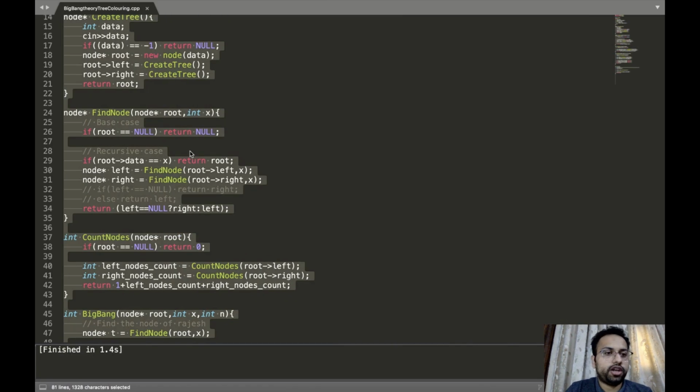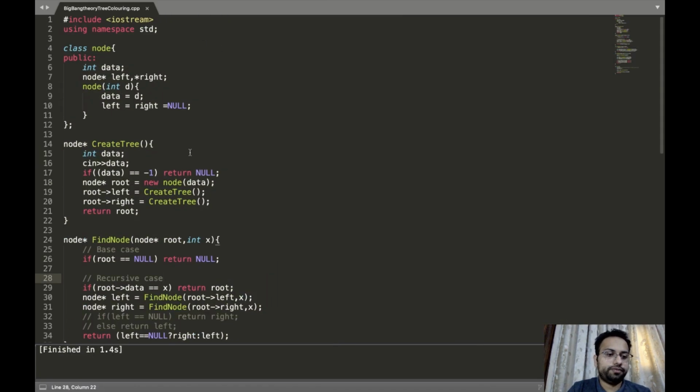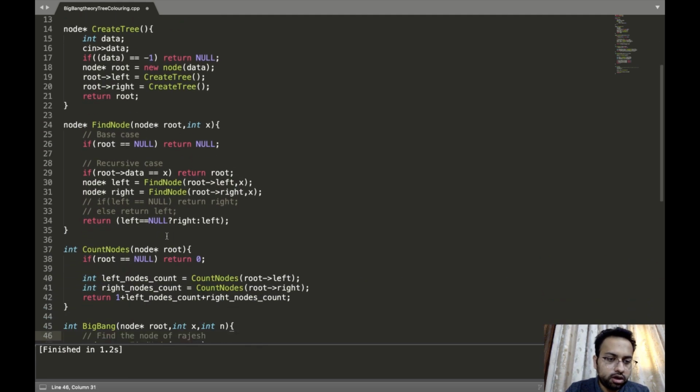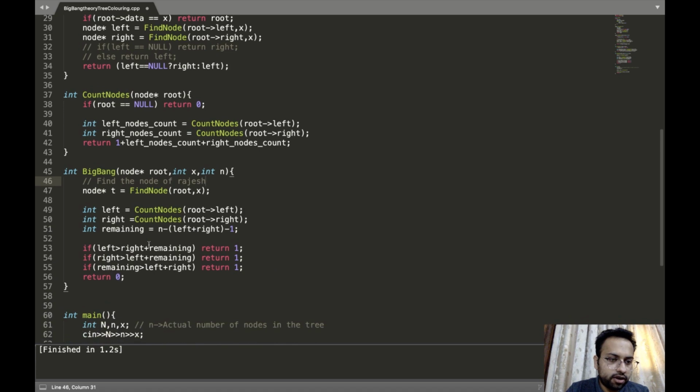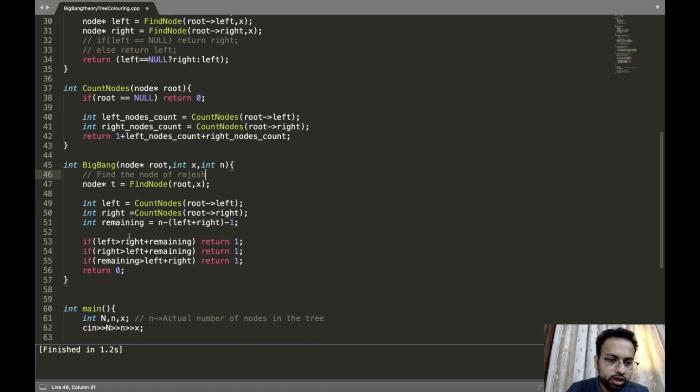Let us check what is the issue. We must have done some mistake in this function only. We are finding the left and right for the root node, but we need to find it for the node that we have found. So this is the mistake that we have done.